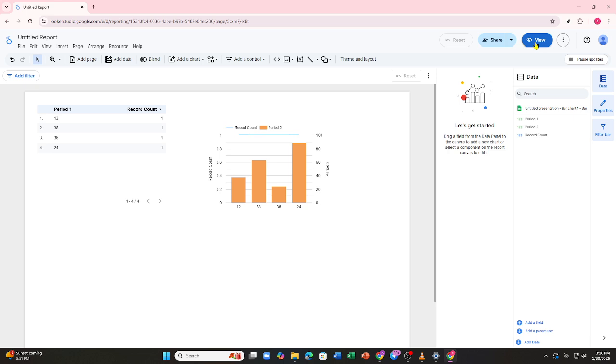And that's it. By using date controls, scheduled delivery, and clean report design, you can create fully automated weekly reports